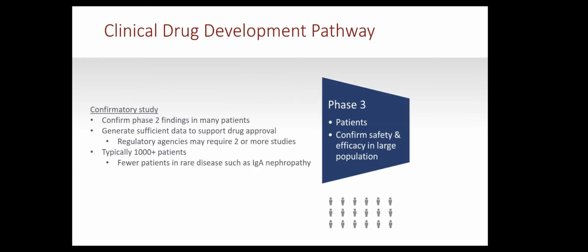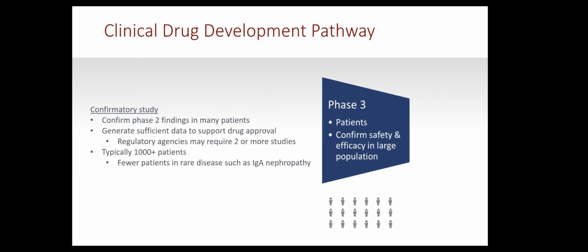And these are to confirm those findings in that dosing regimen and generate sufficient data to support approval of the drug. Now, regulatory agencies may require 2 or 3 of these studies, and in large indications, large diseases, might require these studies maybe 1,000 patients or 5,000 or even 10,000 patients. But in rarer diseases, sometimes only 1 study is required, and there's some leeway in terms of the number of patients which need to be treated. So these are the 3 phases which we have